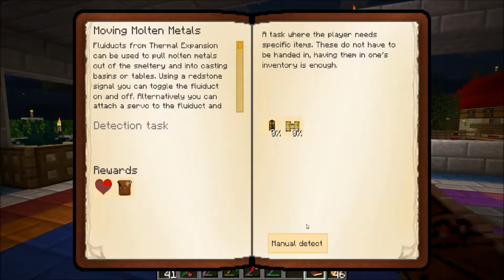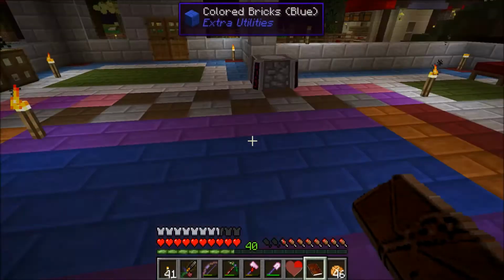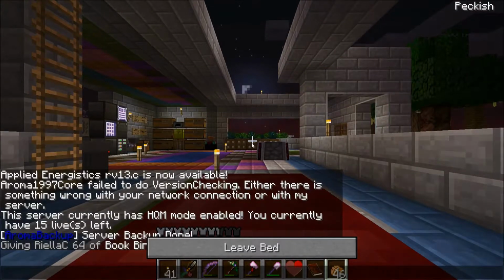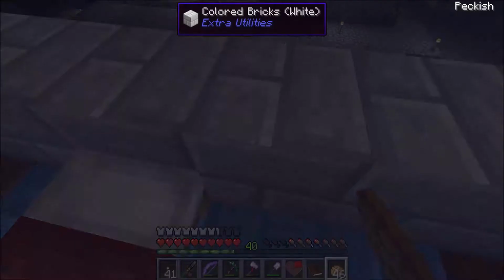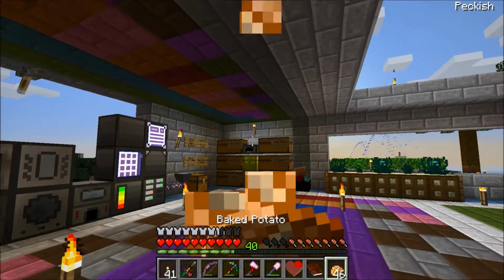Specific task. Oh, manual detect. There we go. Okay, and then we can claim our reward. Excellent. Let's sleep through the night so I don't have to deal with too many mobs down below. Kind of try to limit how many mobs will spawn down there. Okay, and let's go ahead and eat while we...